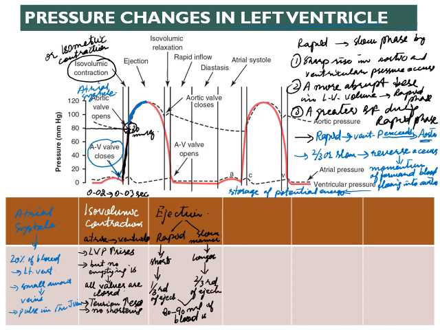During the slow phase, the pressure decreases, but due to momentum, the blood continues to flow into the aorta. But the pressure in the left ventricle starts decreasing. When it decreases to 80 mm of mercury, then aortic valve closes at this point,